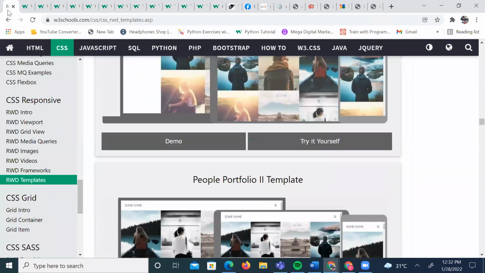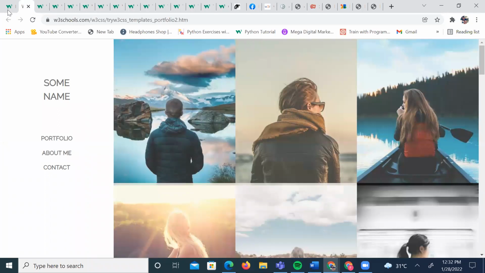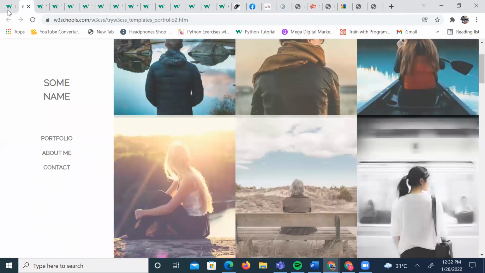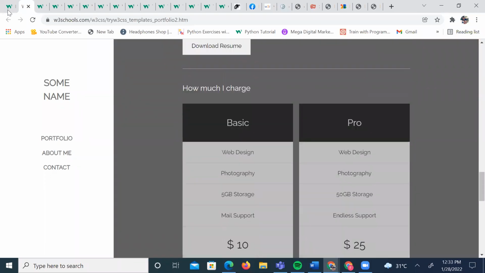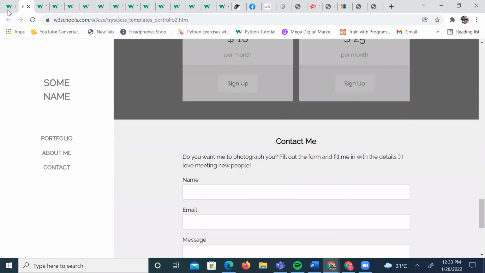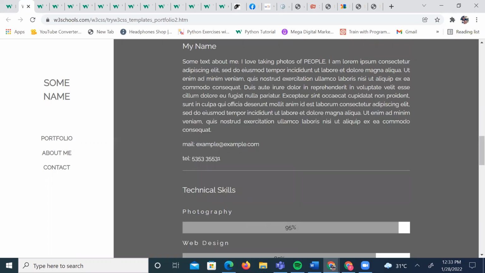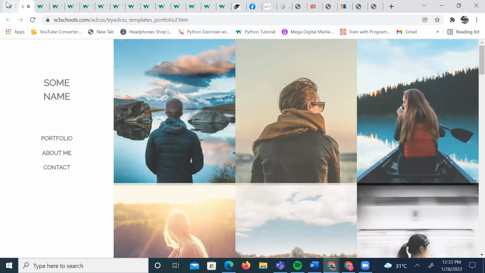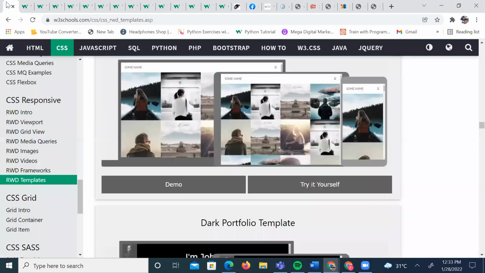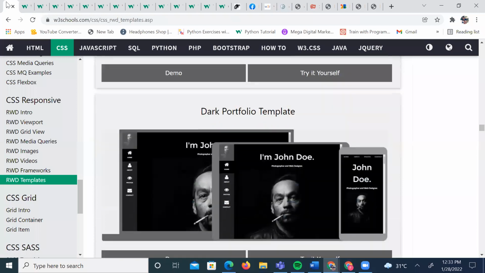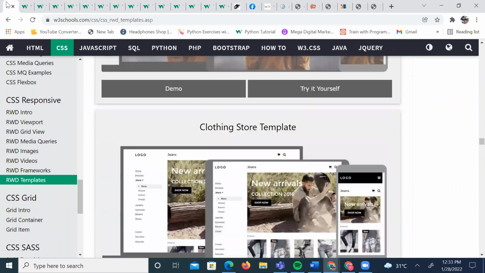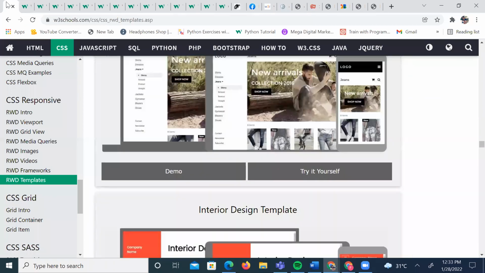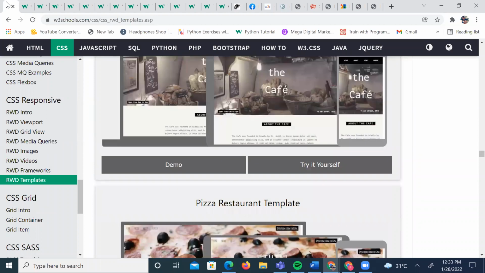So we also have people portfolio. So you can edit this, you can put your name, you can put your images, how much you charge, how people should contact you, your blog posts. And this is your people portfolio website too. There are quite a lot of portfolio websites. You can check everything, right, to give you inspiration, and you can recreate any of these portfolio websites